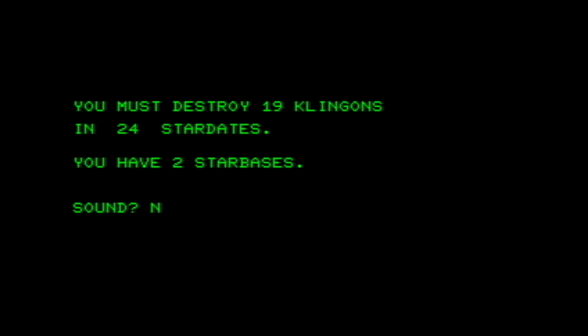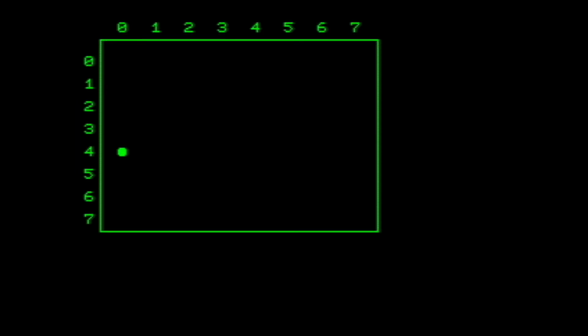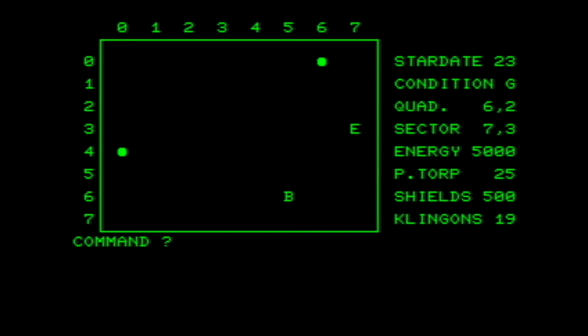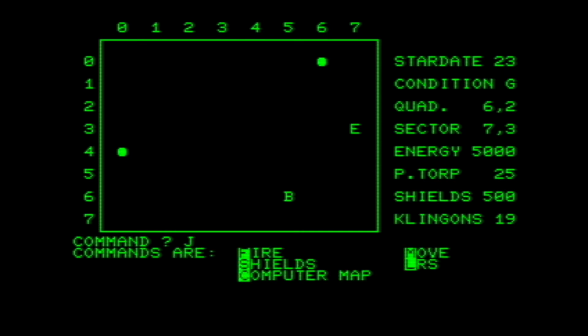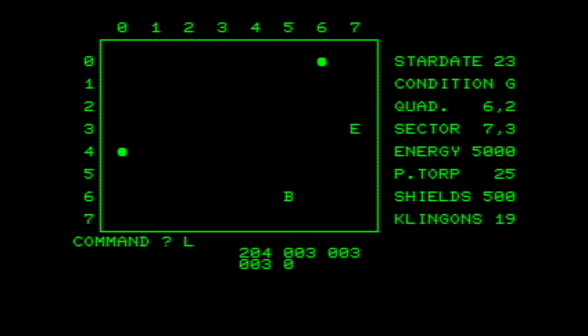Someone has modified it for sound. I haven't got any sound on this emulator. And you can see straight away it does look a little bit different. We've got these circles instead of stars. We've got a much simplified menu structure, so we've only got 5 commands, whereas the other version's got loads of commands. I've still got a long range scan, so if I do L, it will show me the quadrants around